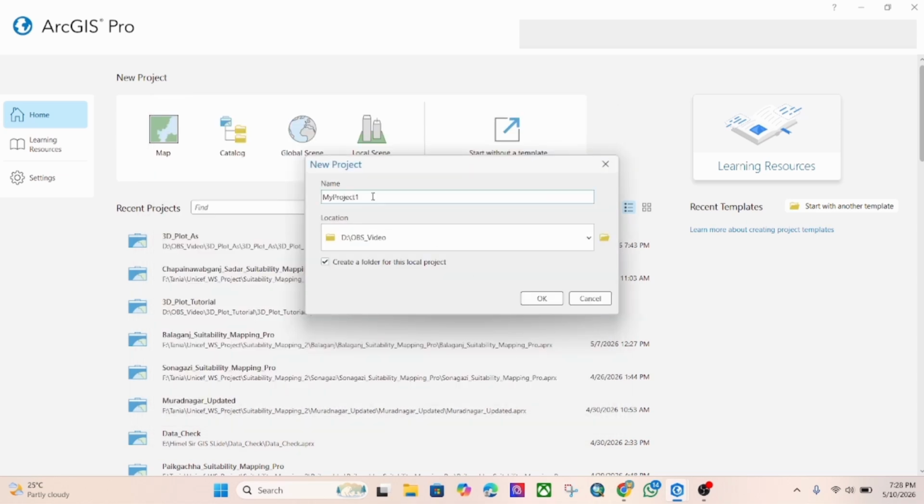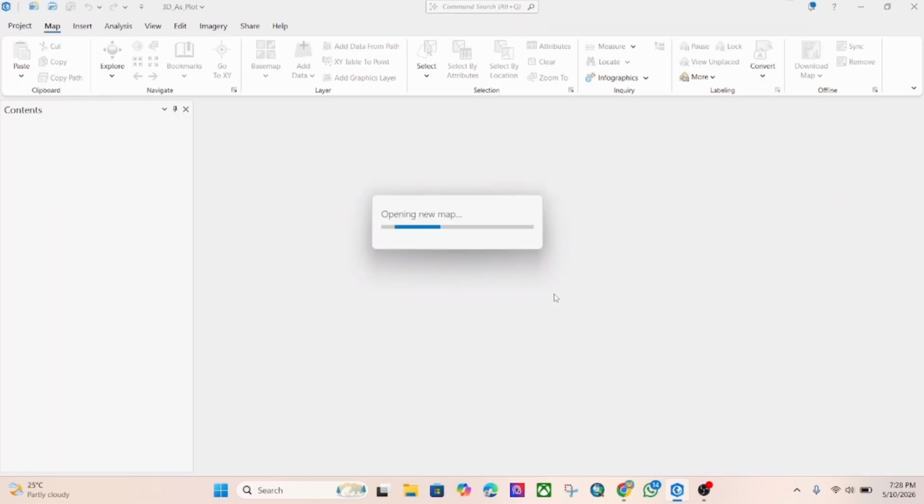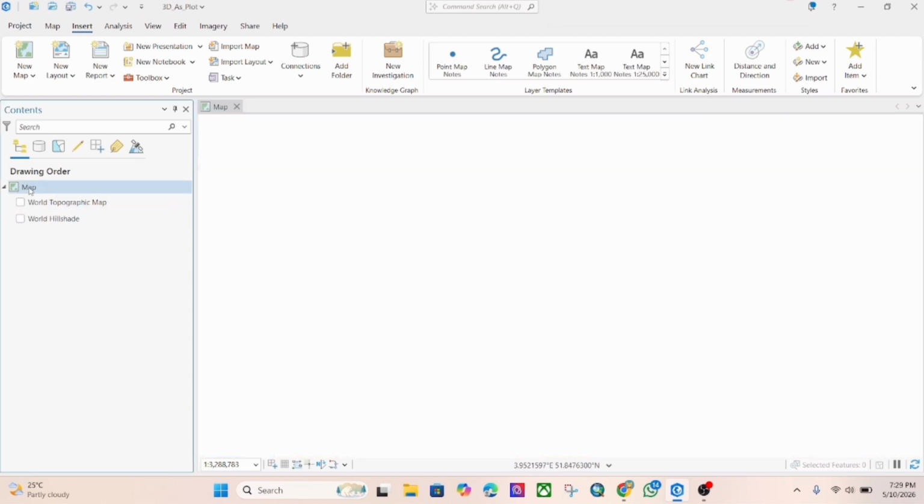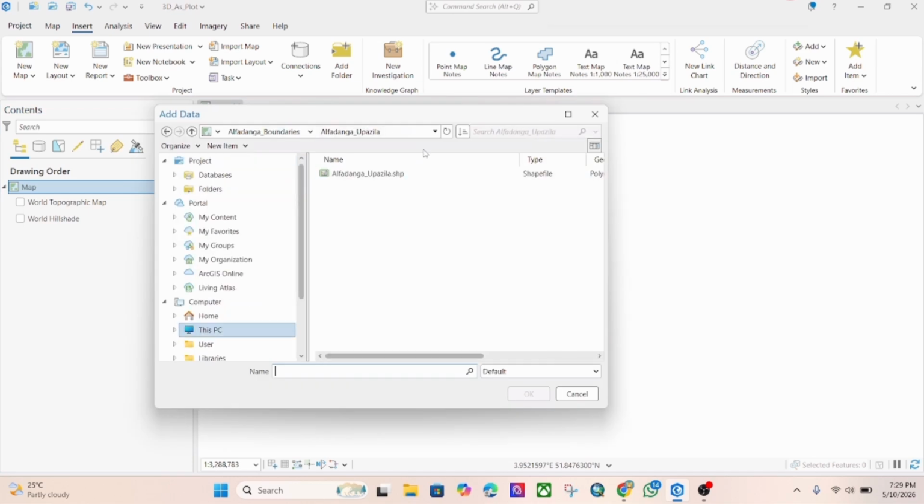I selected it, so now I will give it a name, 3D arsenic plot. Okay, so here we are going to plot an arsenic point shapefile in 3D format in ArcGIS Pro. This interface gives us the 2D view of any kind of data. So let's see. First I will open the arsenic shapefile,